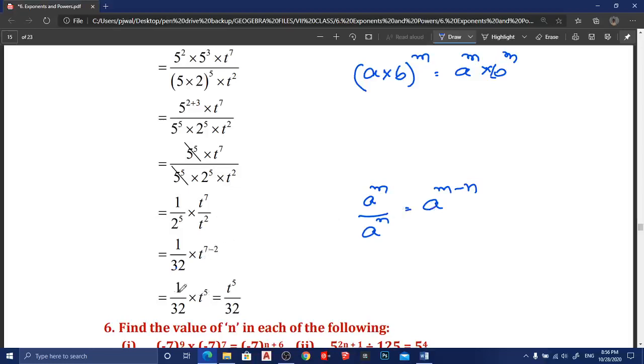So multiply these numerators. So t to the power of 5 by 32. Here you have to multiply this t to the power of 5 to the numerator only, because it is t to the power of 5 by 1. Multiply numerator into numerator, denominator into denominator, which is t to the power of 5 by 32 is the answer. Okay, next.